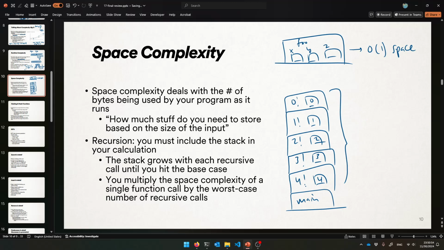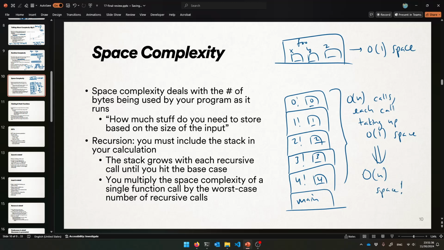So what is the space complexity of a recursive factorial function? Well, you've got n plus 1 calls going at once, which is O of n still. O of n calls to your recursive function, and then each call, as far as factorial is concerned, takes up how much space? It takes up constant space, O of 1 space, because it's just a variable and maybe a temporary thing as well. You've got your parameter and a temp variable. And so you multiply those, O of n times O of 1, that becomes linear space complexity